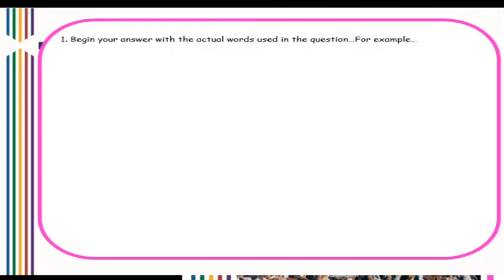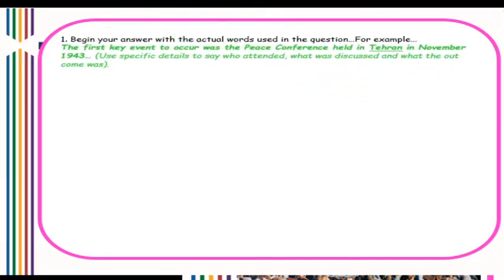So I always say to my students, reword what is in the question, reword the question back at them, give it back to them, show that you're focused on the question. You say something along the lines of the first key event to occur was the peace conference held in Tehran in November 1943. Okay, then you need to use lots of specific details to say who attended, what was discussed,